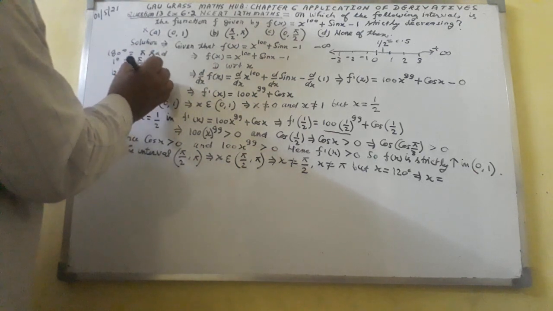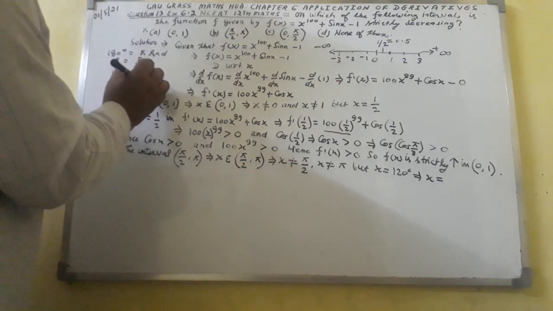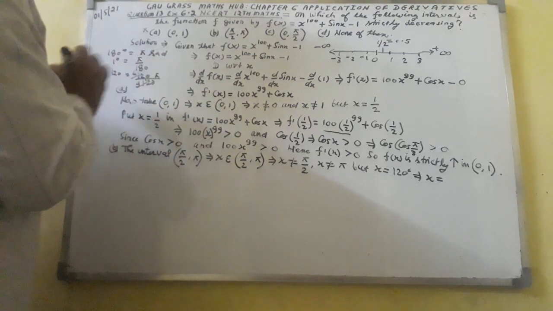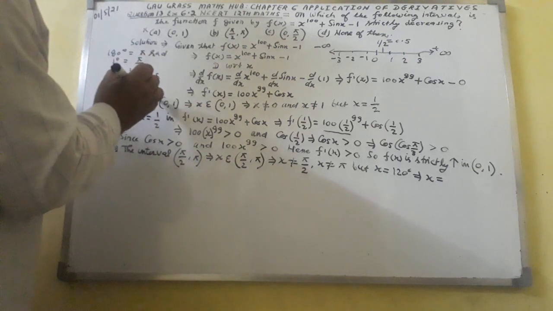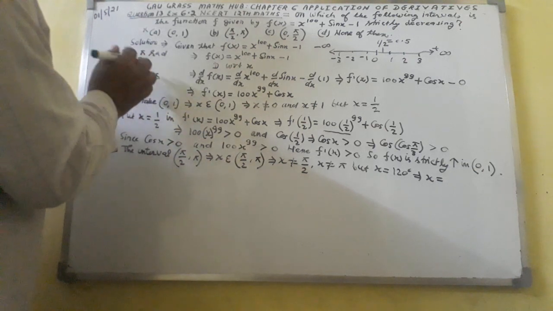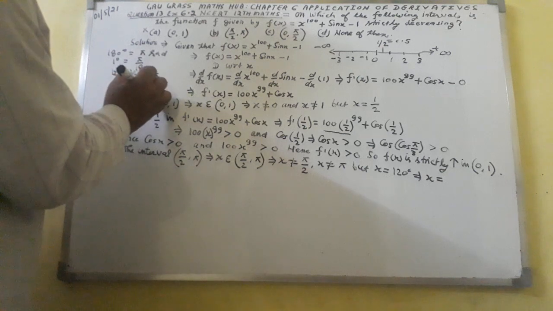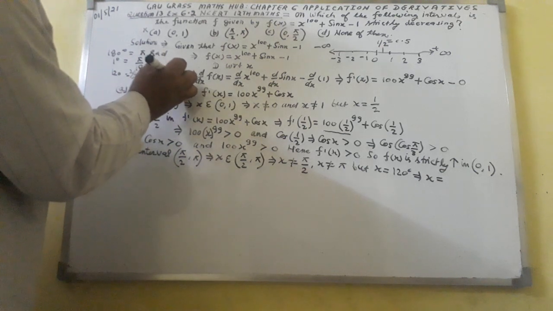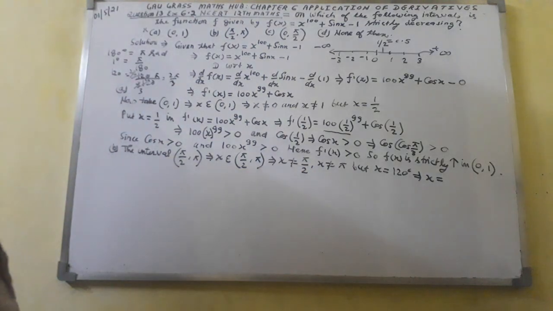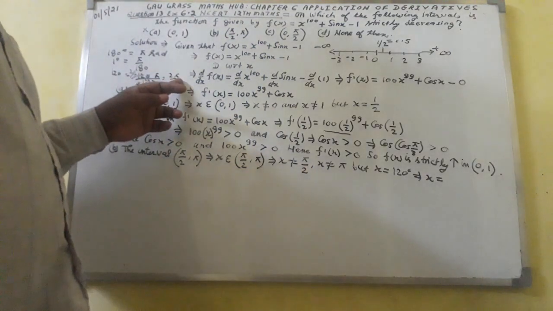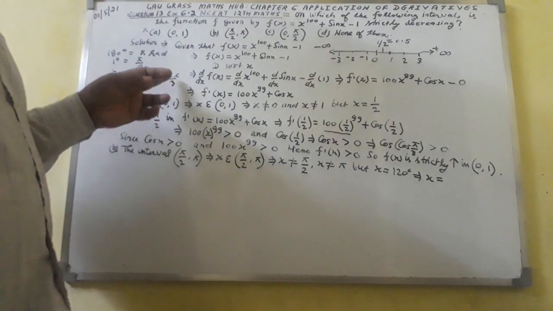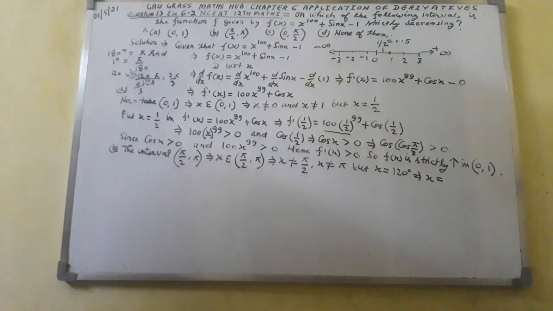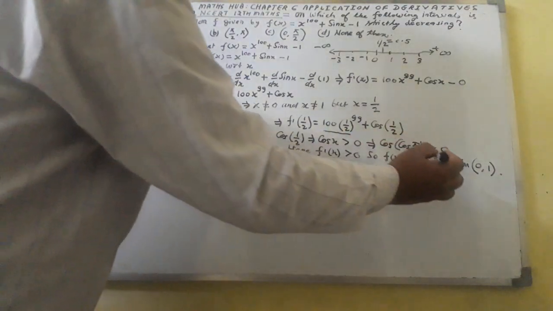This one cancels out, you have 6. Here we will get 9. Again I shall cancel out, so 3, 2. So you will get here 2 pi by 3. Pi is 180 degree, 180 degree over 3 comes out to be 60 degree. 60 into 2 is 120. So here you have got x equal to 2 pi over 3.